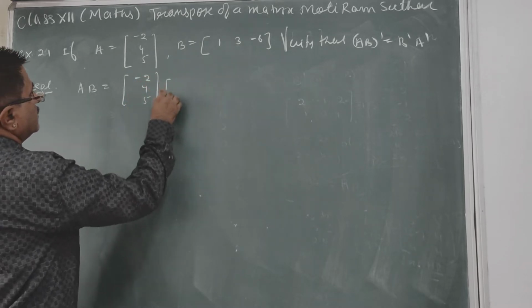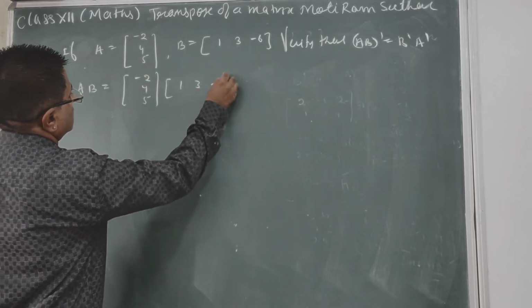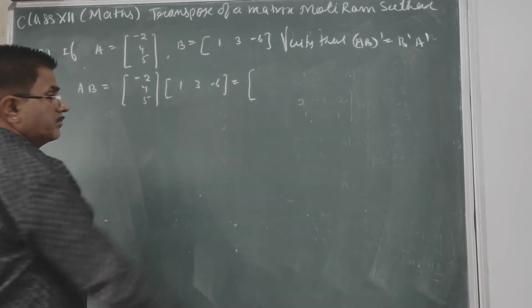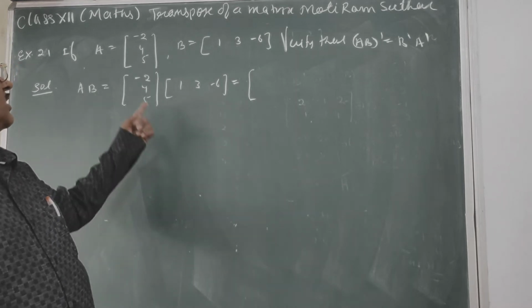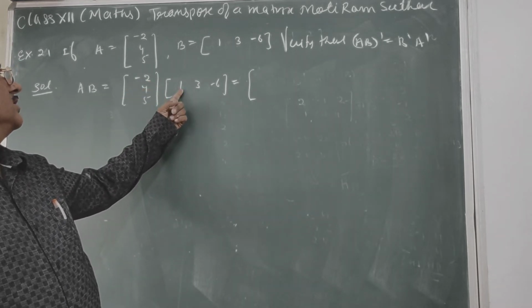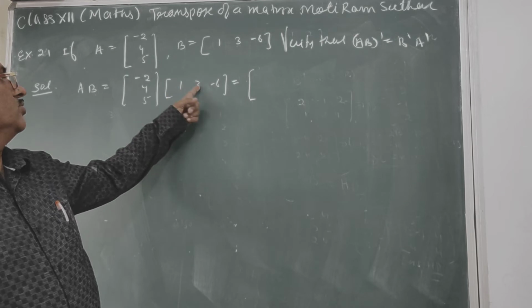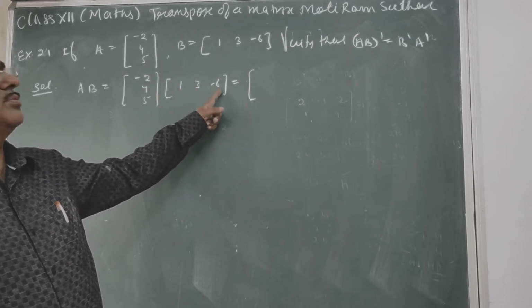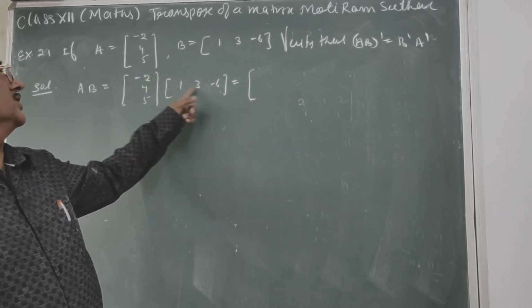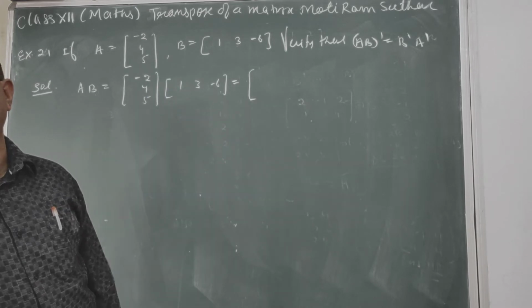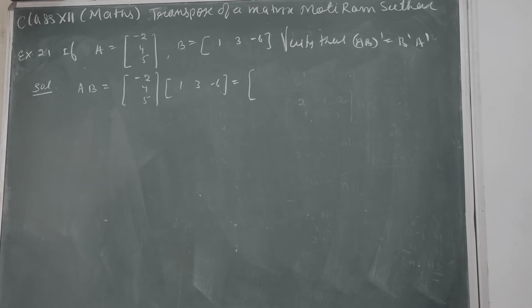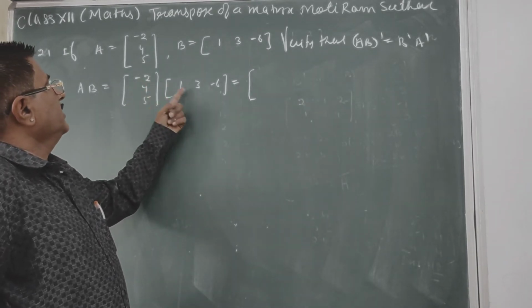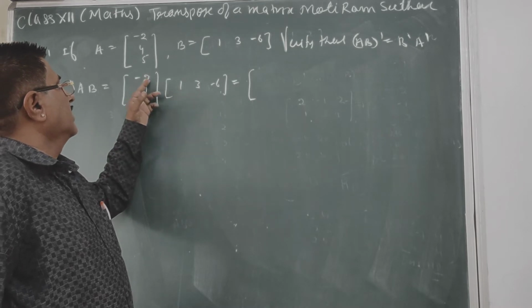ये ध्यान से करना है, कई बच्चे ये बहुत गलत करते हैं। लगभग 90% बच्चों का ये प्रोडक्ट गलत रहता है एग्जाम में, क्योंकि वो क्या करते हैं डायरेक्ट -2 को 1 से कर लेंगे, एक एलिमेंट आ गया, -2 को 3 से दूसरा आ गया, -2 से 4 यानी फर्स्ट को, फिर इसी तरह से करेंगे सेकंड और थर्ड। ऐसा नहीं है, इसमें एक ही एलिमेंट बढ़ेगा, राइट? So that will be, इसमें आपको ध्यान से करना है, इसमें एक एलिमेंट आप लोग बढ़ा लो, लेकिन इसमें अलग अलग है, ठीक है ना?